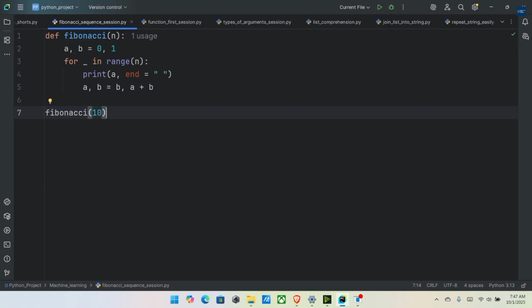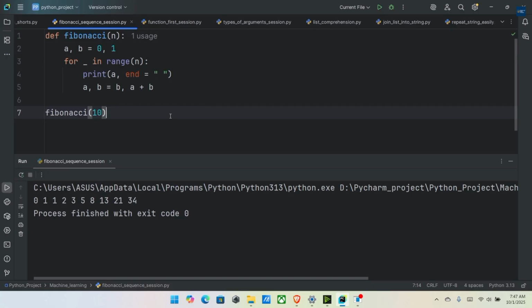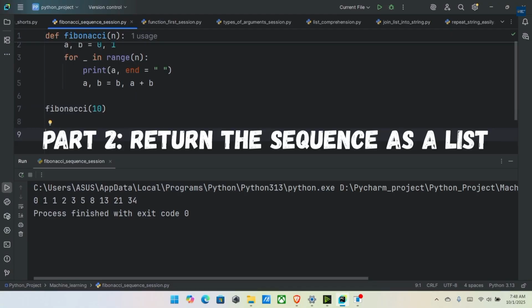Save and run. Control plus S for save, Shift plus F10 for run. We got 0, 1, 1, 2, 3, 5, 8, 13, 21, and 34. This prints the first 10 numbers in the Fibonacci sequence. Simple and clean. But if you want to use the sequence later in your program, let's return it as a